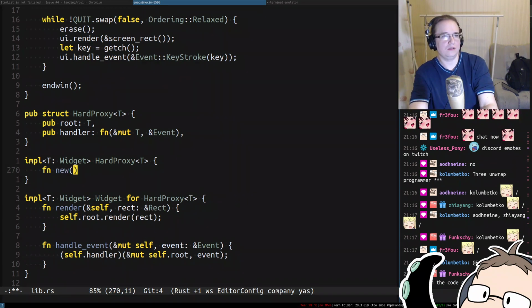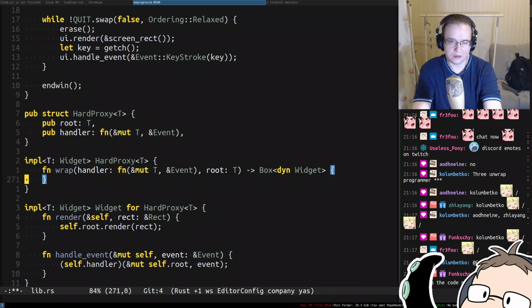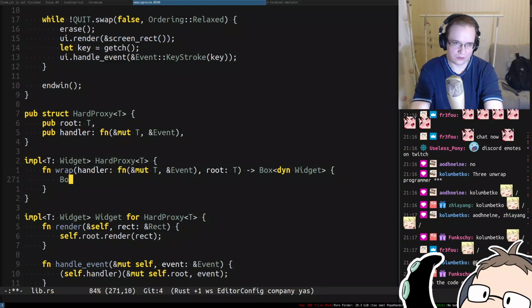No, it's gonna be wrap, because it's gonna return box dyn widget and whatnot. But it's gonna accept the root like this, right? And also it's gonna accept the handler. It's kind of similar to the original proxy. So we'll have to accept this type here. Alright, and what we return here is essentially box new